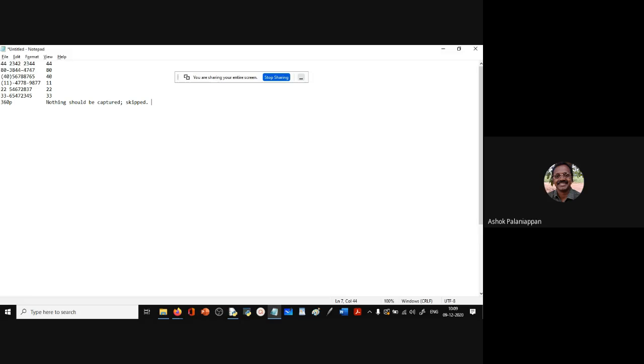Okay. So what we want to do now is to construct a regular expression for the phone numbers. That is the first task. Second task is to process the file and extract all the area codes. So as you saw in the first lecture on this topic, there are two parts to regular expressions. The hard part is first constructing the appropriate regular expression for the problem.